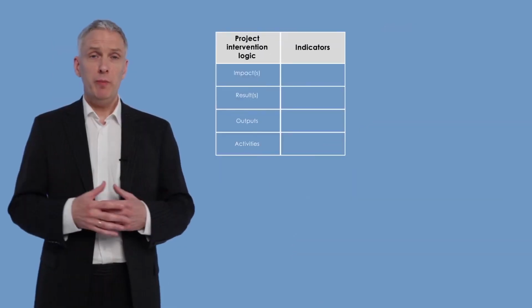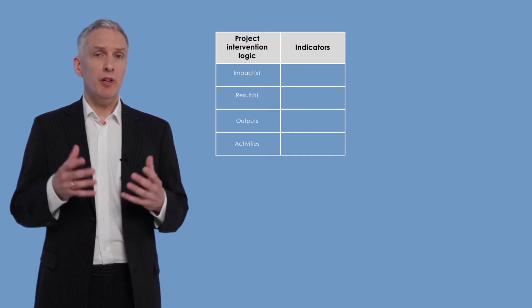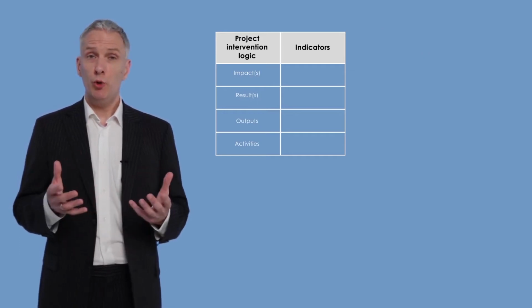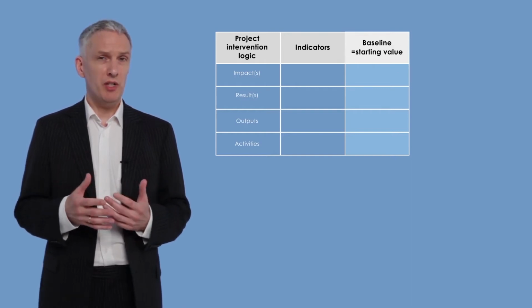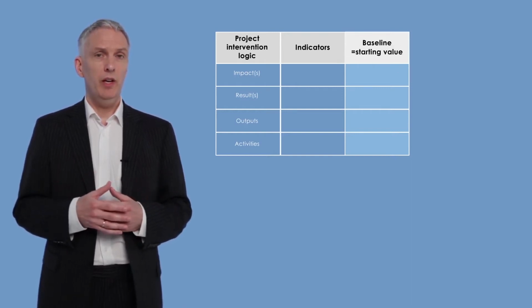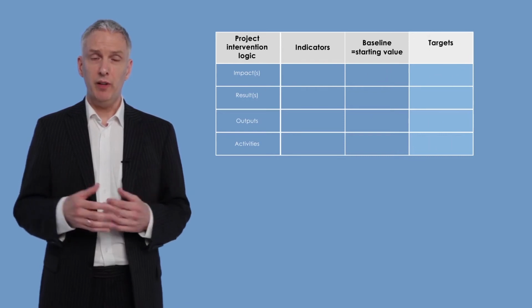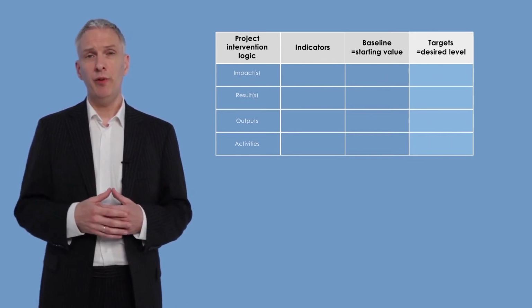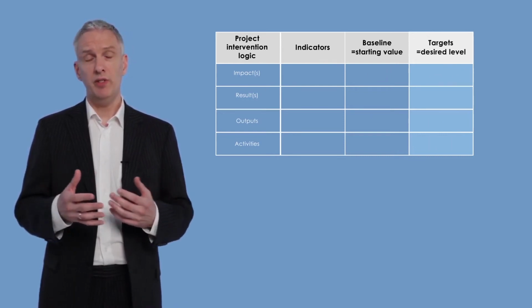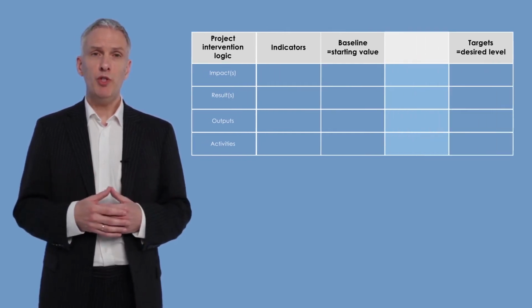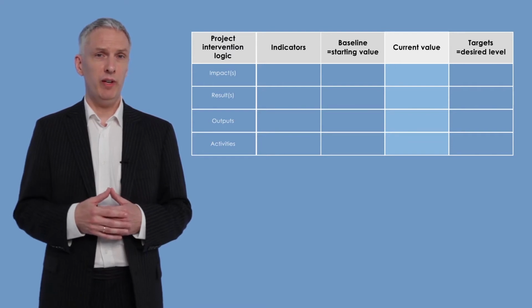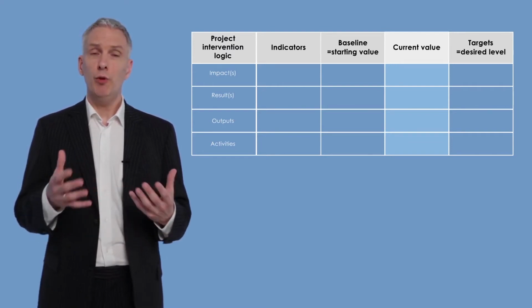For the measurement to be meaningful, you will need a starting value, the so-called baseline. That is the value before your project starts and makes a change. You will also need a target value, that is the desired value of your indicators that your project wants to reach. During implementation, you will check the current value of your indicators to make sure that you are on track